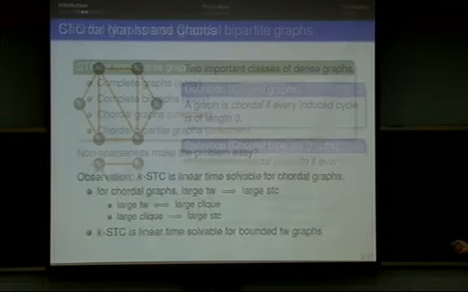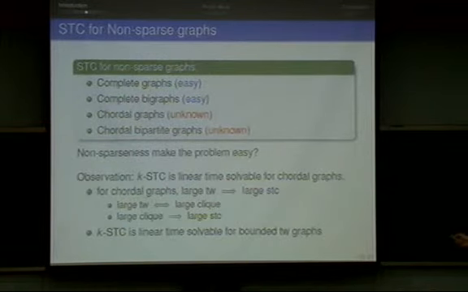So they are our target, and it is known that for complete graphs and complete bipartite graphs, the spanning tree congestion problem is easy. Also, the fixed parameter version is linear time solvable for chordal graphs, because it is known that a chordal graph has large tree width if and only if it has a large clique, and it is easy to show that a large clique implies large spanning tree congestion, and the parameterized version is linear time solvable for bounded tree